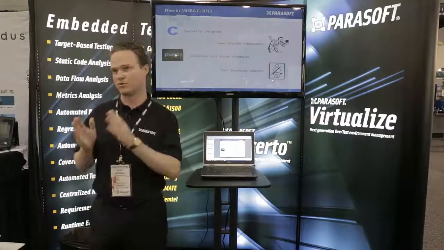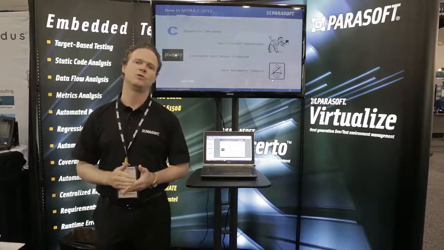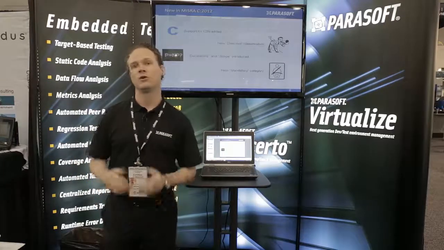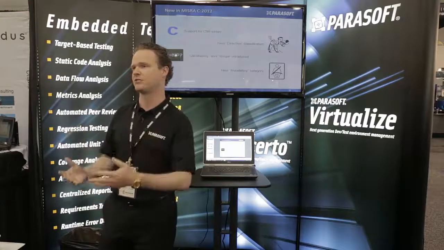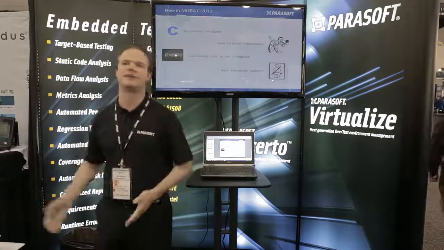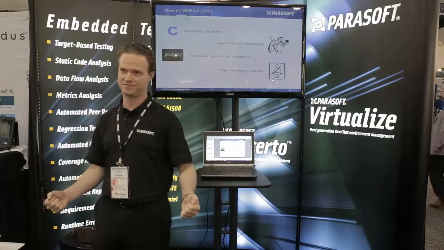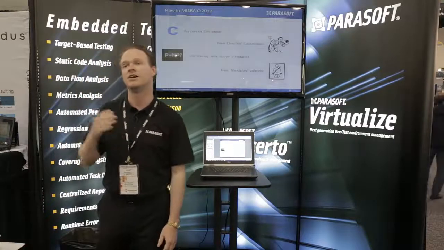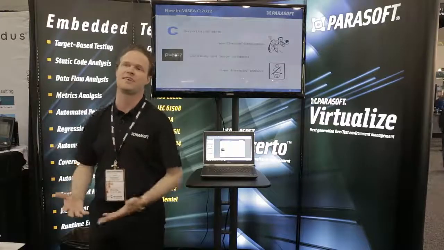The decidability and scope concept. So what they've done is for the rules, not the directives, but the rules, they've said each rule is decidable from a static analysis tool perspective or undecidable from a static analysis perspective. And then they've also introduced the idea of scope. How does this rule really apply? Is this at the single translation unit, or is this system level? We'll get a little bit into that. In particular, I'm going to discuss the undecidable rules. How does a static analysis vendor approach that, and how do you interpret that as a user?